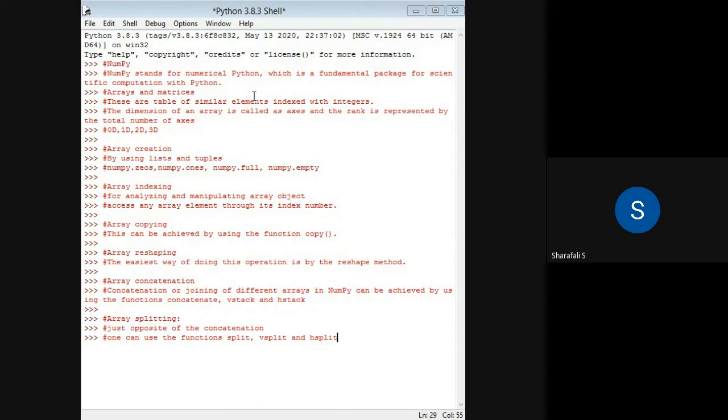This NumPy module contains functions to work with arrays, matrices, and also we can do linear algebra and Fourier transform, etc.